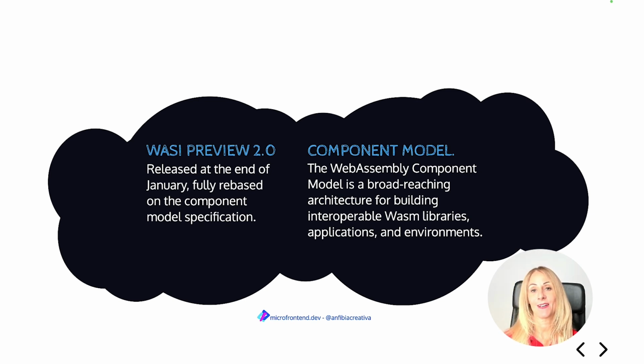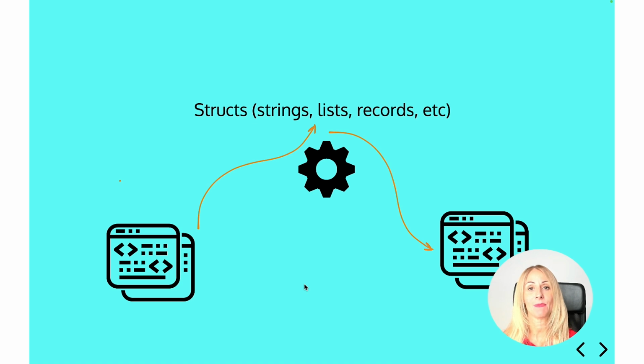We have explained that WebAssembly works on imports and exports, but there is a limitation. When exposing functionality to the outside world, core modules are limited to take and return integers and floating point numbers. So if you want to work with structs, that's strings, lists, records, they have to be represented by those two types, which is often not interchangeable between languages.